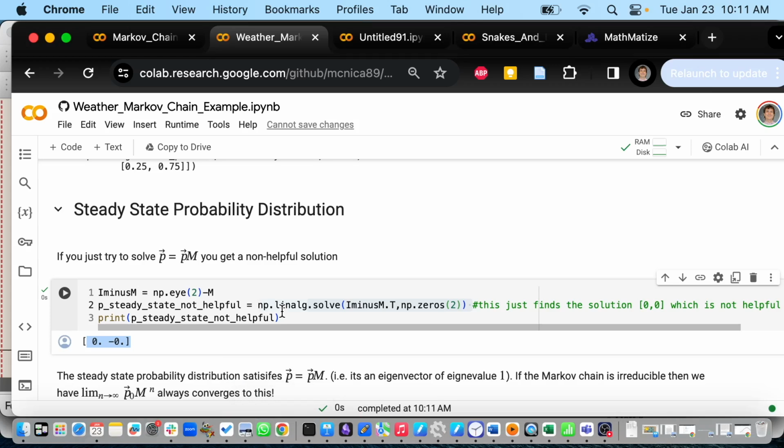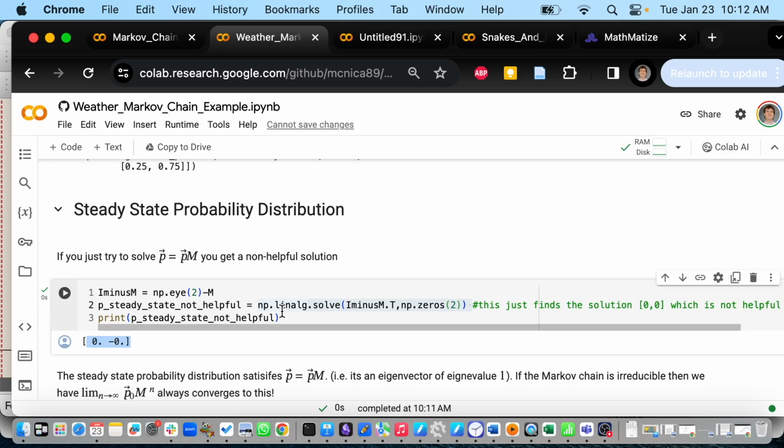How could you convince the computer to give us a helpful solution? And again, you should be thinking in terms of linear algebra. Once you think of it, at least for me, in terms of pen and paper linear algebra, converting it into what the computer wants is sort of easier. So how can we, using the language of linear algebra, tell it, please give us a solution where the sum is 1? Let's think for a minute.